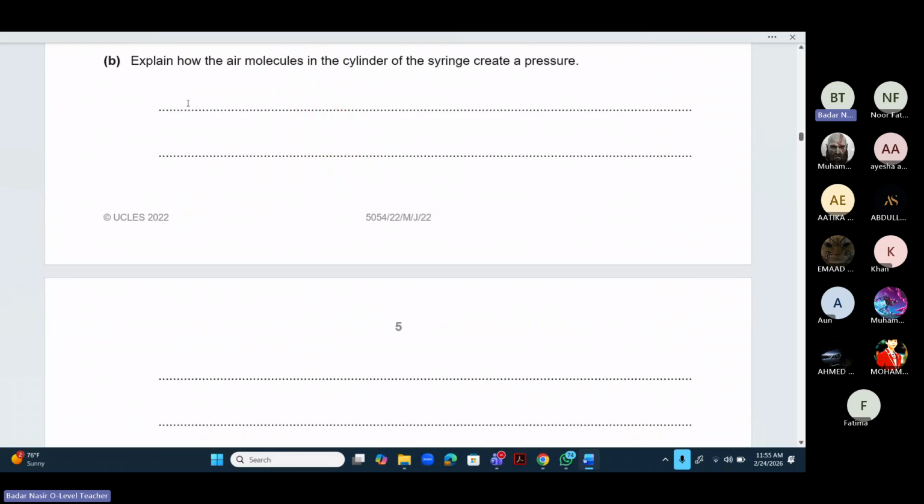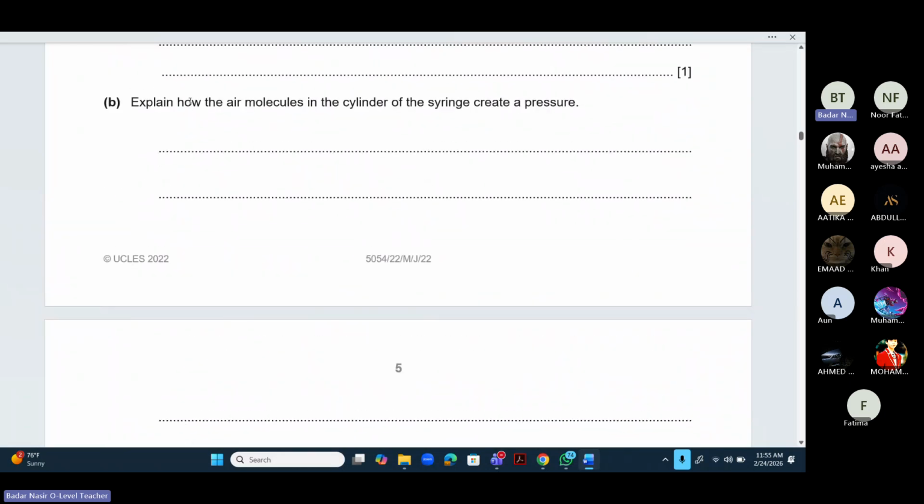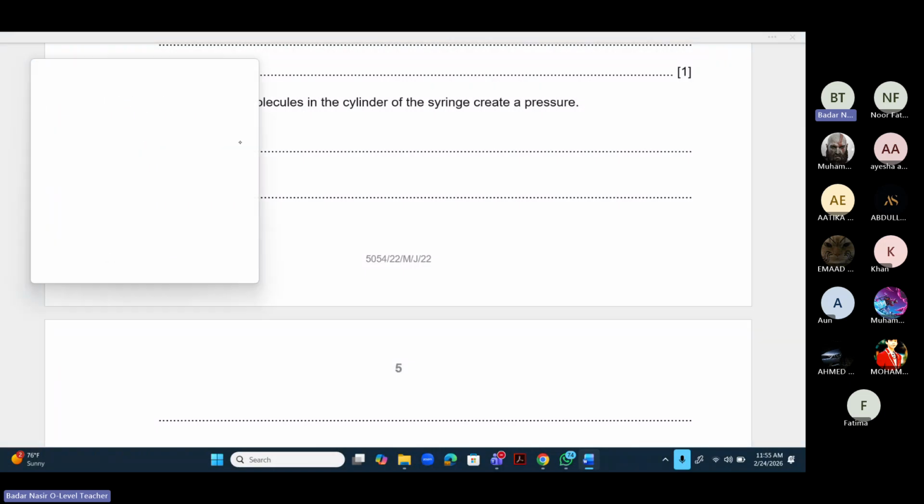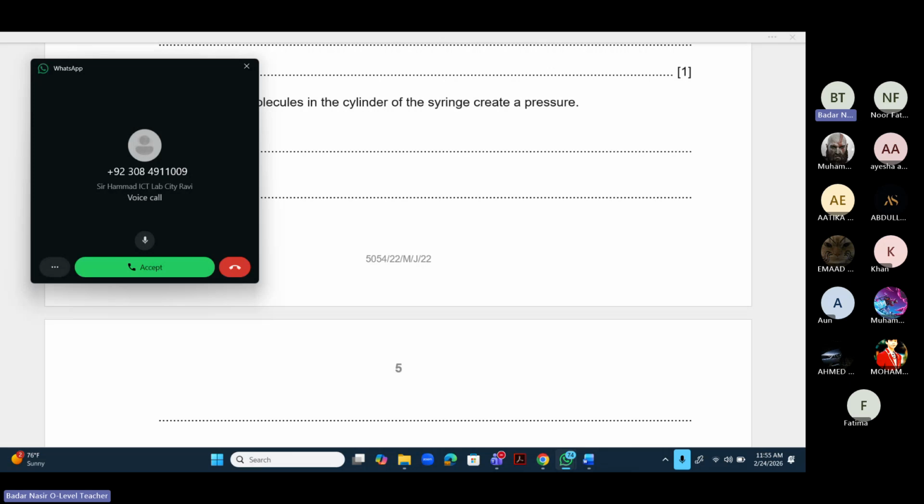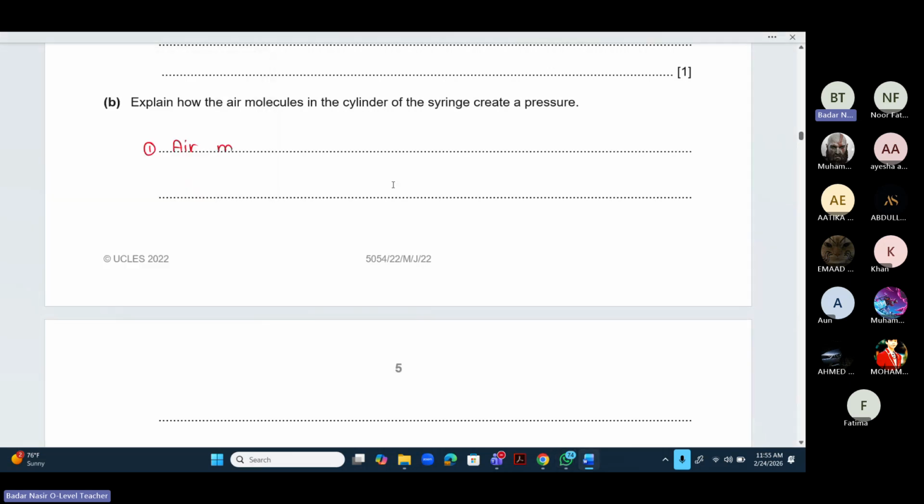Explain how the air molecules in the cylinder of the syringe create a pressure. ये 3 मार्क का क्वेश्चन आप लोगों को एग्जाम में आता ही आता है, ठीक है। सो अब आपने ये 3 पॉइंट्स जो है वो याद कर लेने हैं कि air molecules are in constant random motion, ठीक है, and